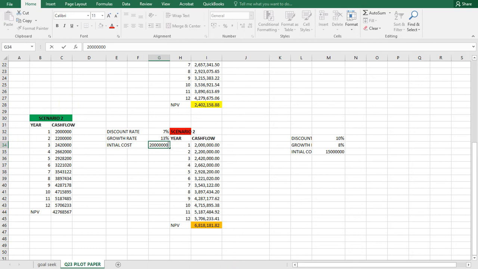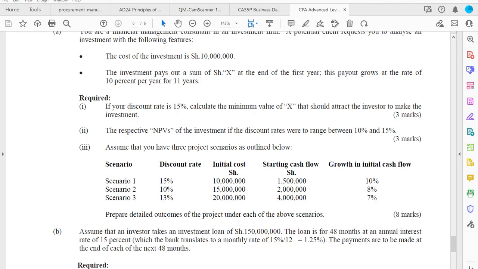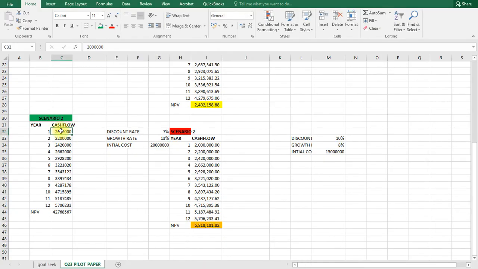So in this case our starting cash flow is starting at 4 million. So this one will be 4 million that way,